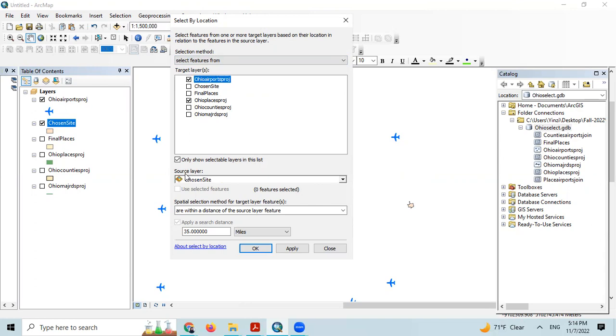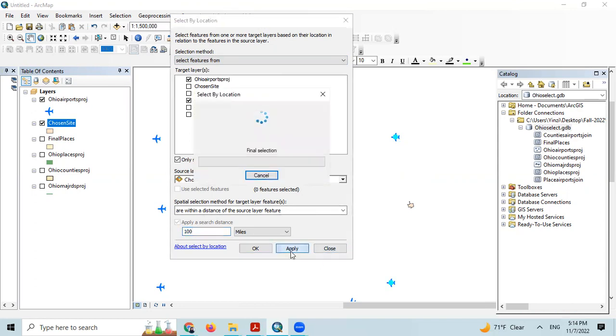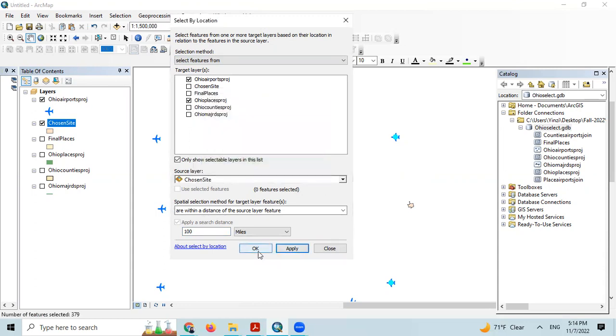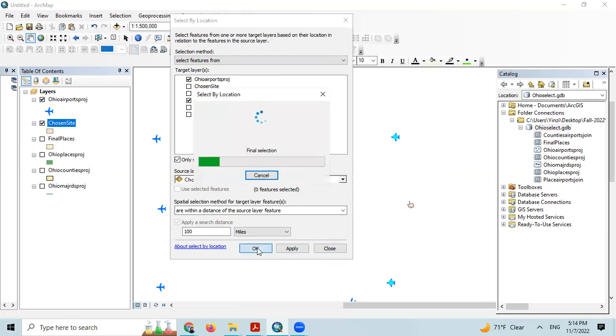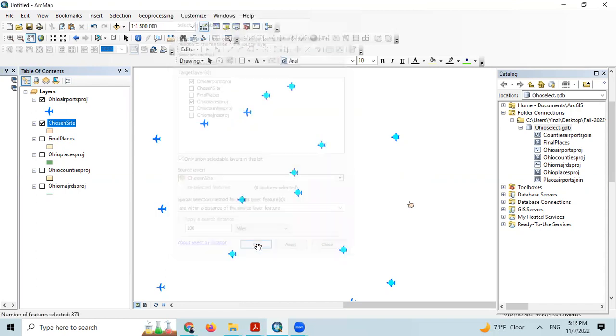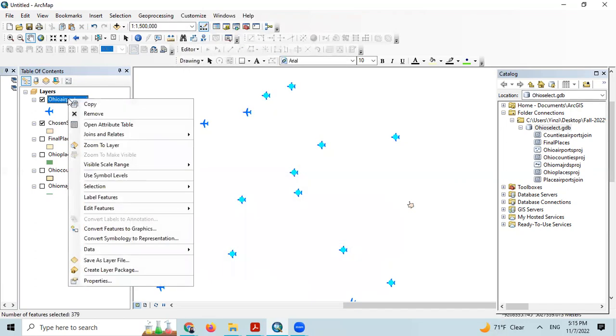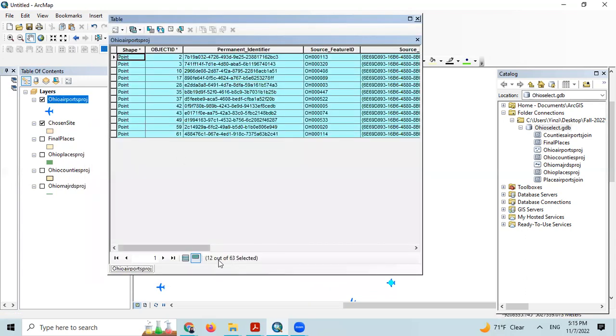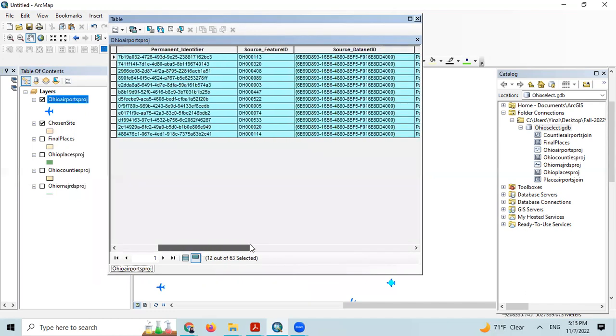The source layer is the chosen site, and the distance is 100 miles. Let's apply. Click OK. Okay, so here we can go to the Ohio airport, open the attribute table, and we can see